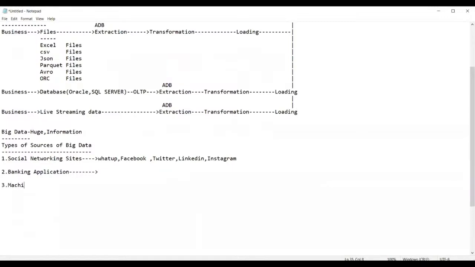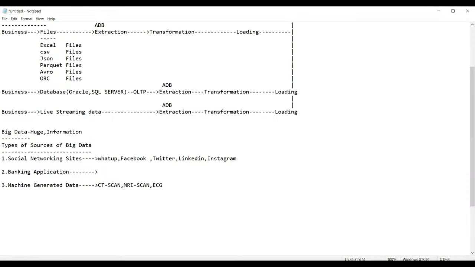Then we can also get data from machine generated data. What do you mean by machine generated data, guys? The data which is generated by a machine. Suppose you have a CT scan machine, MRI scan, and even ECG machines.